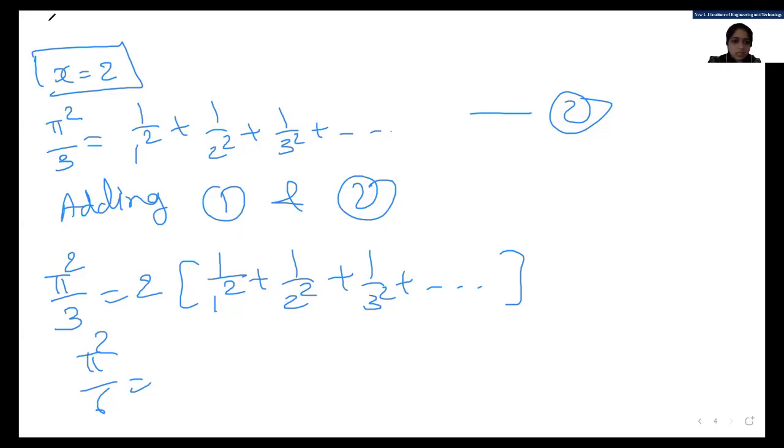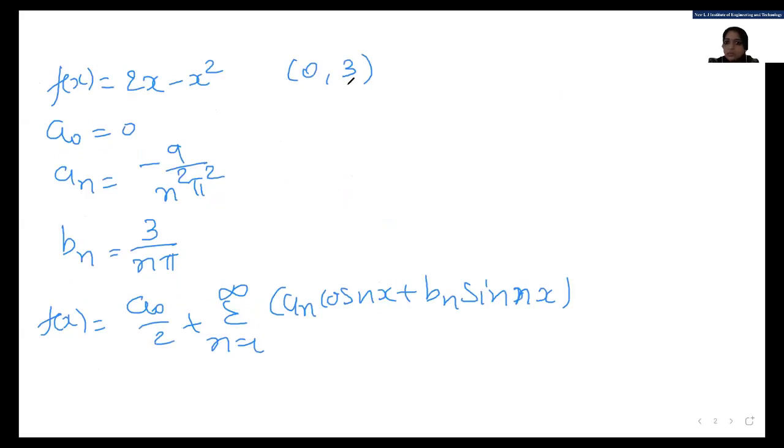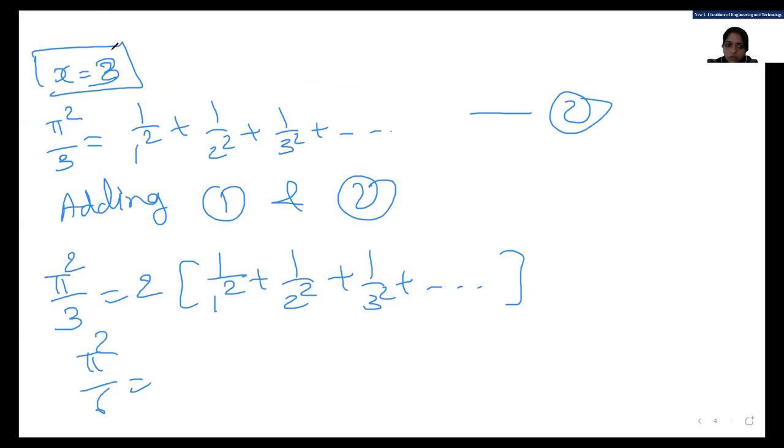Oh, so see, this is 3. Yes, first, this is 3, not 2. Yes, Diya, you are right. Because students, we have to substitute our upper limit and lower limit. So first we take x is equal to 0, that is our lower limit. Then we have to take x is equal to 3, that is our upper limit. And then we get two equations, one for 0, other for 3. For 3 we get equation 2. And by adding we get this answer.